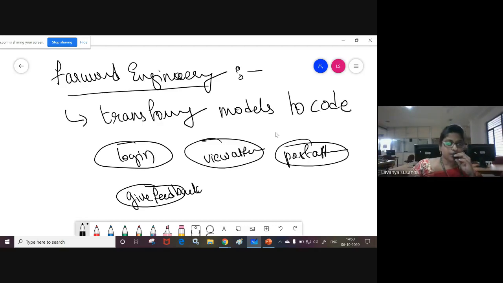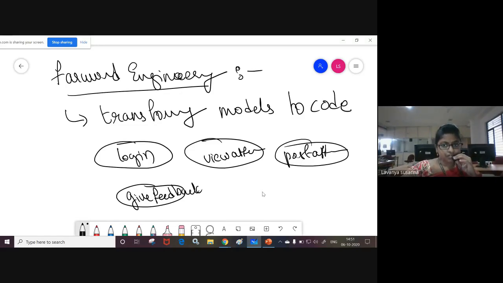Here what you are going to do is use models to implement the systems. What are the models? Nothing but use case diagram, sequence diagram, collaboration diagrams, all those things. There are many diagrams, right? There are 9 diagrams. Using those models, you are going to implement the system. By seeing these models, it will be easy for you to code or to implement a complex system.